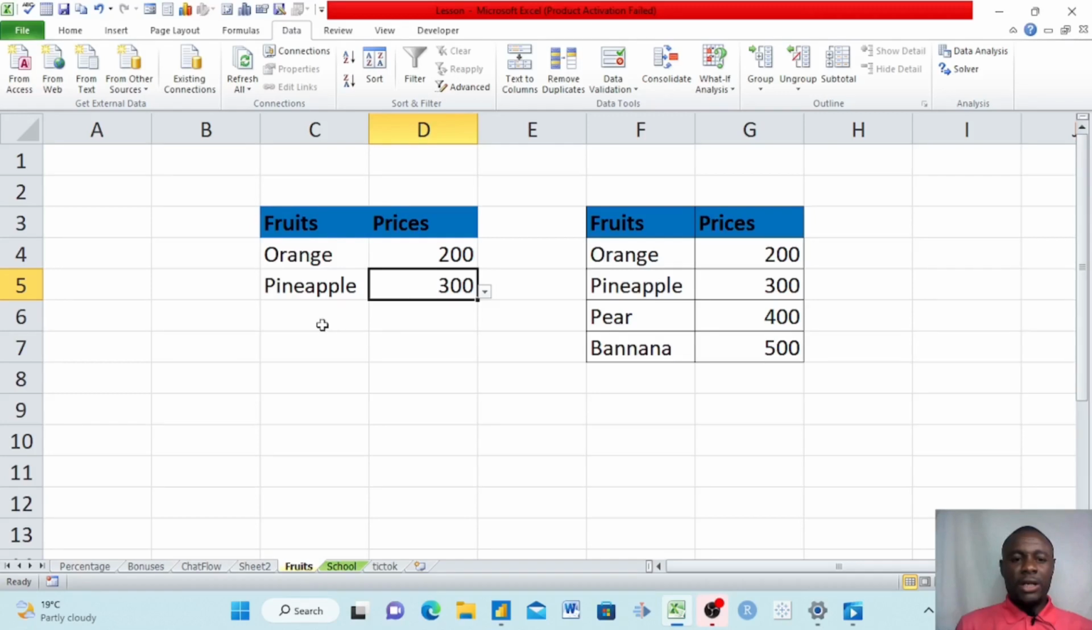If I come again here and I choose pear out of this list, and then I come here and I choose 400. Yes, this is a common practice when you deal with data validation. It's a very powerful tool. Organizations use it, schools use it, many companies use this in order to make their data clean. For instance, if I want to send this sheet to many people to fill,